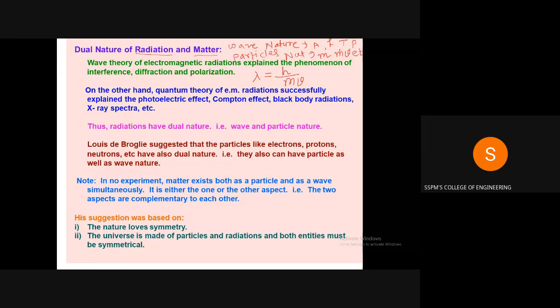Lambda is the characteristic of wave nature, and mv, which is momentum, is the characteristic of particle nature. Then how does this equation